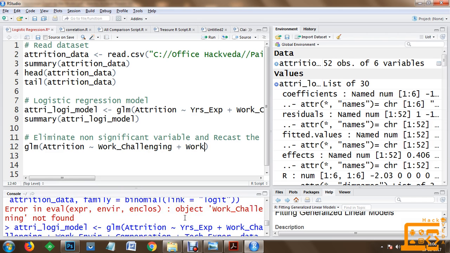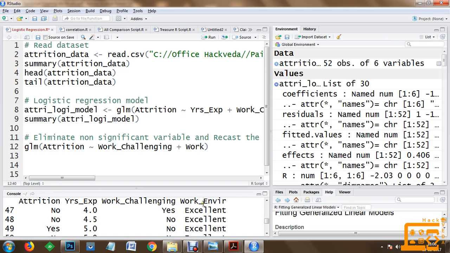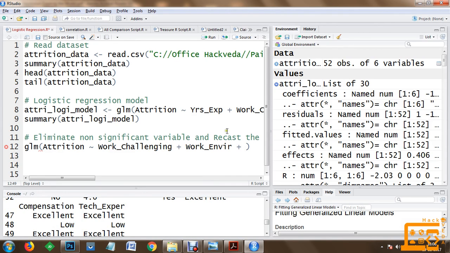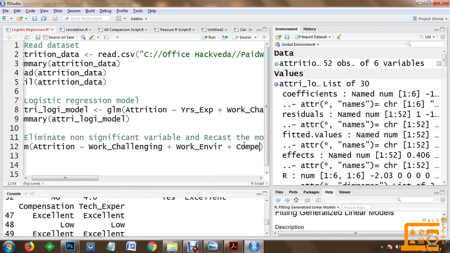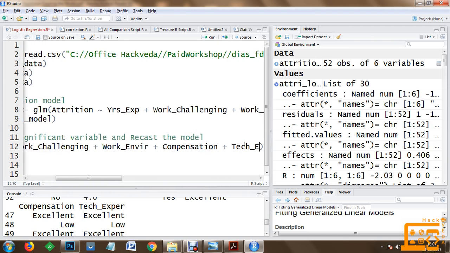So here we have the names available here: work_environment, let's put the underscore here. So these are the names of the columns which are available in your data set. Then we have compensation and technical expertise. Compensation plus you have technical expertise.